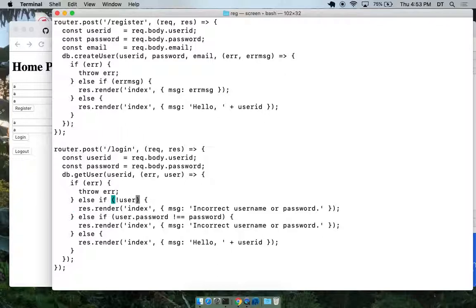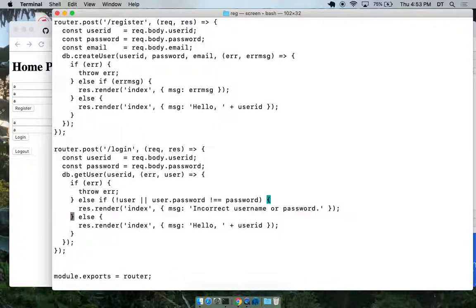So it's the same error message, so we might as well put it up here as an OR condition: or user.password does not equal password. Let's do it like that. Then we keep it a little simpler. If the user didn't get found, or the password doesn't match, in either case, we give the same message, incorrect username or password. Render that through the home page, and otherwise, we're good. We're just going to say hello user ID. There we go. That's login.